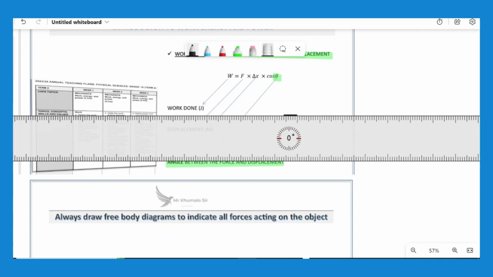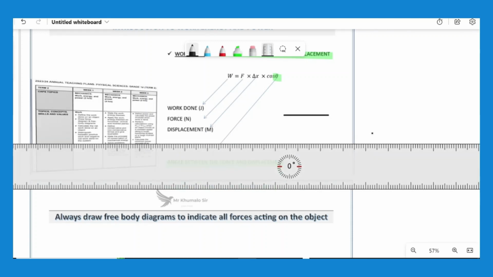For instance, let's assume that this is our force applied, and let's assume again that the direction of the object's motion is also on that side. So we'll say the angle between this and the force applied is 0 degrees